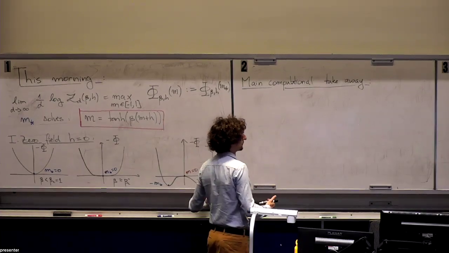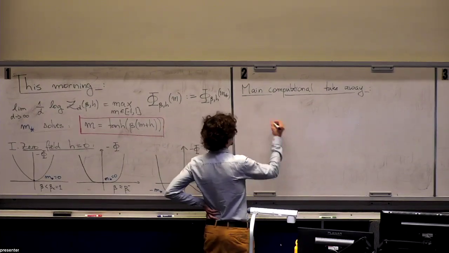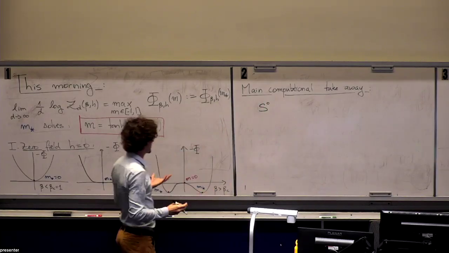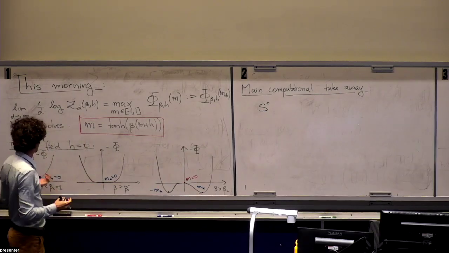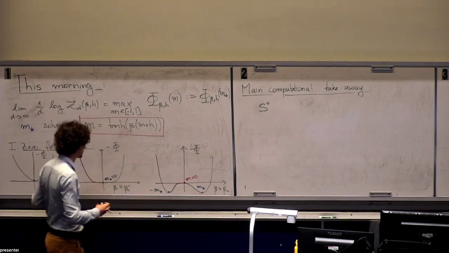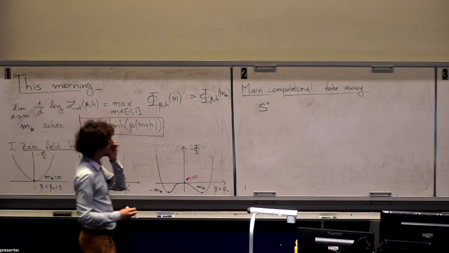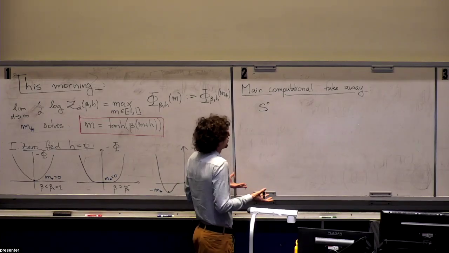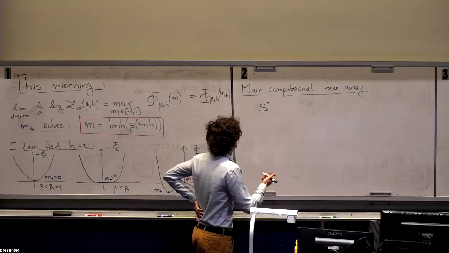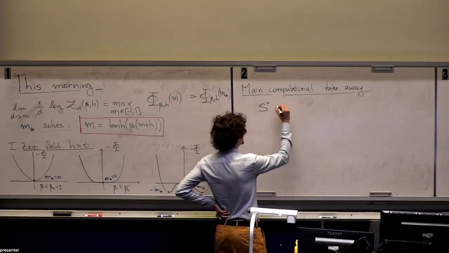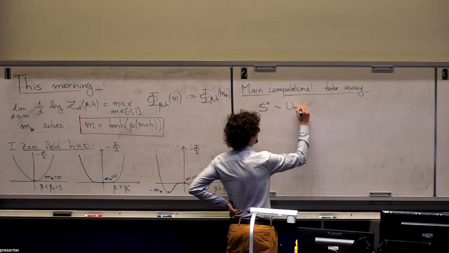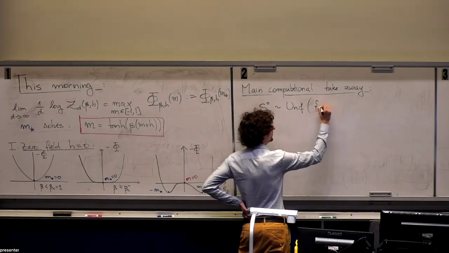So let's say that I have an algorithm that I start with some configuration at time 0, and my goal is to find the ground state. So my goal is to find the configuration of minimal energy. And we know that the configuration of minimal energy corresponds to one of these local minima in minus phi. I don't know what the configuration of minimal energy is, otherwise I would just use it, right? So usually you don't have any information on it, so what you do is initialize your algorithm randomly, which means that you sample a configuration uniformly from the hypercube.